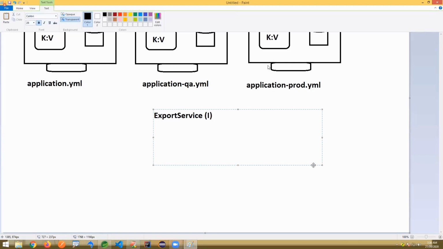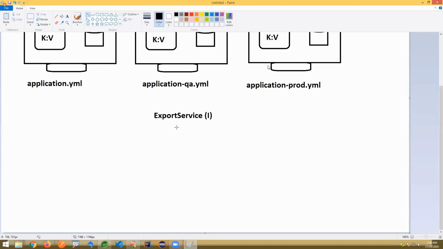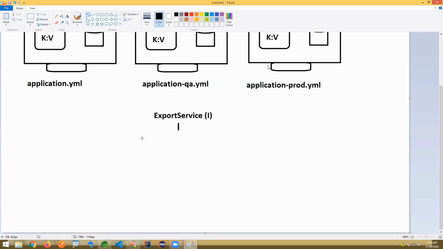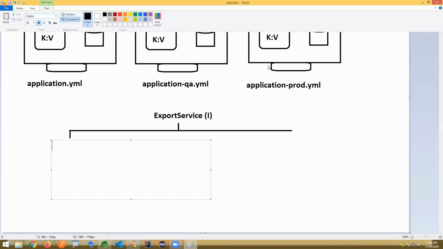Export service is an interface. Now for this interface, I have a dev environment, QA environment, production environment. In the dev environment, what I just want to do here is export data to CSV file. It's a CSV export